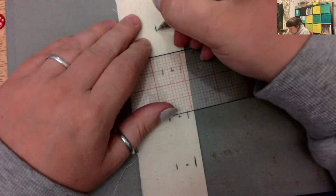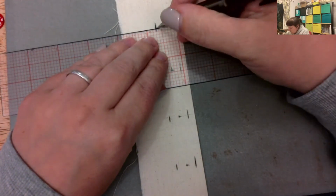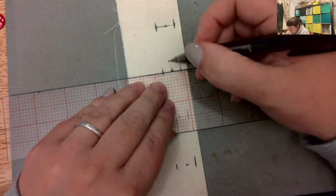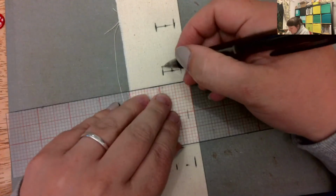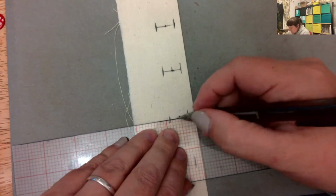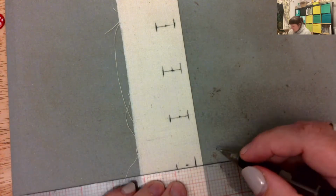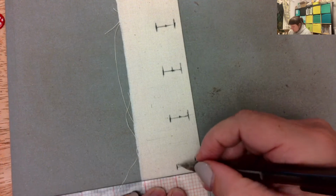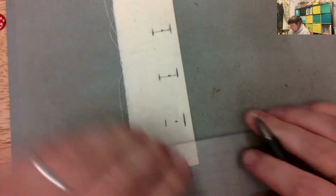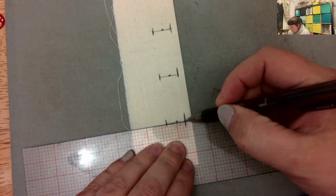So the shape that's created is like a capital H or a capital I shape. And so it marks where the beginning and the end of the buttonhole is going to be, and then across the middle. So I've got 5 there, double check. So you need to have 5